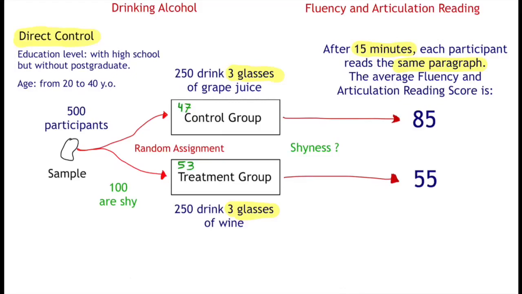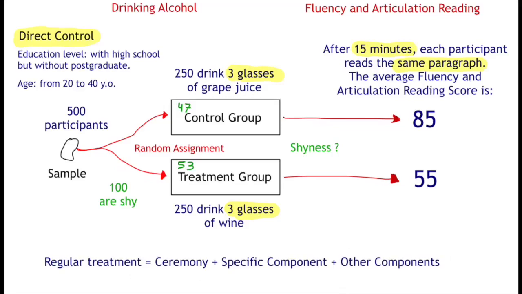Some of you may wonder, why do we need to administer juice to the participants in the control group? Why can't we just let them drink nothing? The answer is to isolate the variable alcohol. When you administer wine, 11% of the liquid is alcohol, but you also administer many other things. We want a second treatment that includes as many of those other things as possible, but does not include alcohol. In this way, we are isolating alcohol.